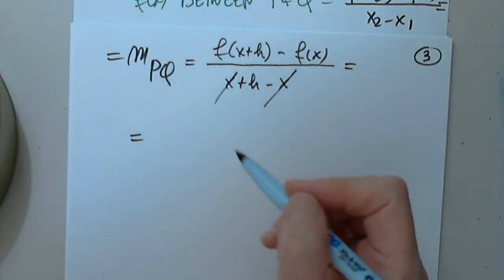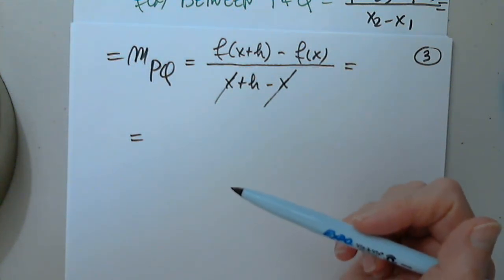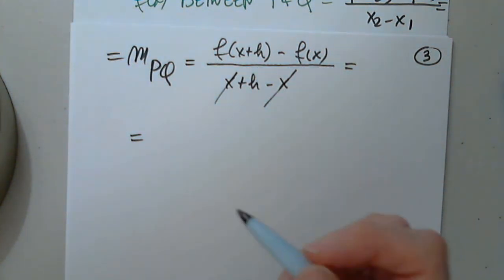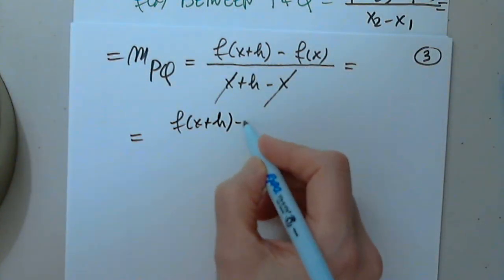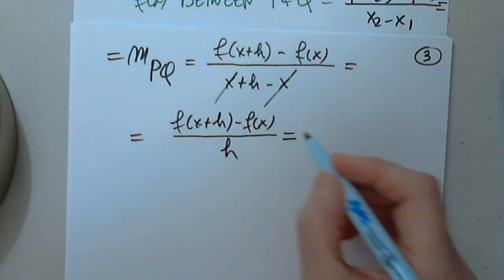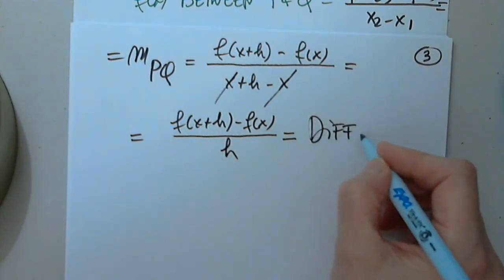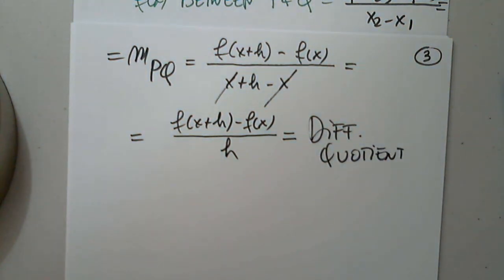So then the slope of PQ, which is the average rate of change between these 2 points for the function, of course, f of x, is nothing else but f of x plus h minus f of x divided by h. This is the difference quotient. So it's the rate of change